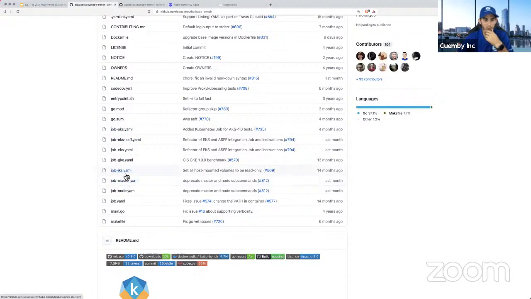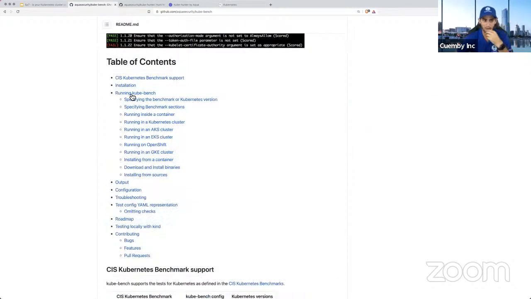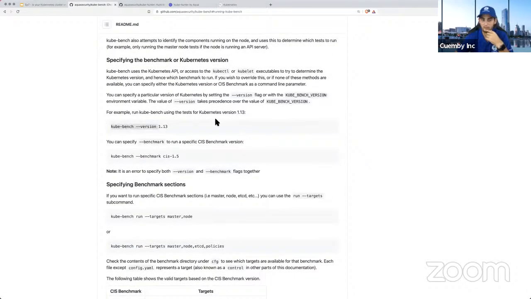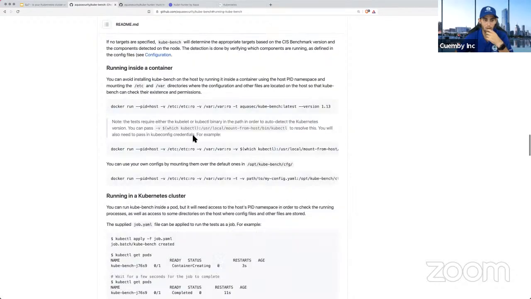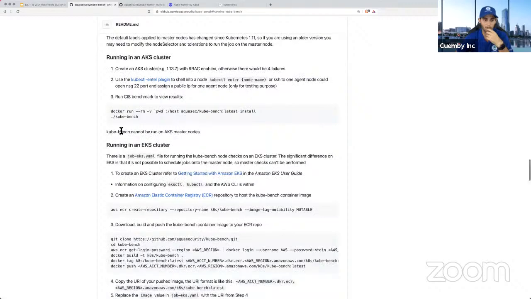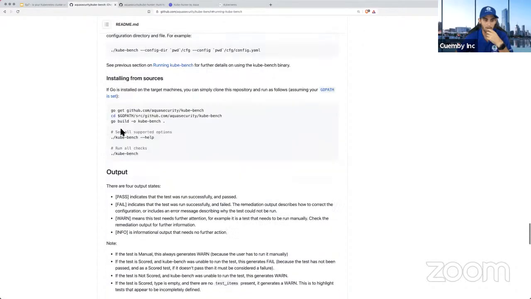And then we're going to take a look at all this stuff. They provide multiple ways to run it inside their own Kubernetes, which is what we're going to be doing today. But you can also run it from a container. As you can see here, running Kube-Bench, look at how many options you have. So you don't have to do exactly what I'm going to do today. Like I said, it's just introductory content. But feel free to come here and say, well, let me run just the binary. Go ahead. Or if you want to run inside Docker, right here they have an example of how to run it from Docker. It's over here at the bottom, somewhere here.